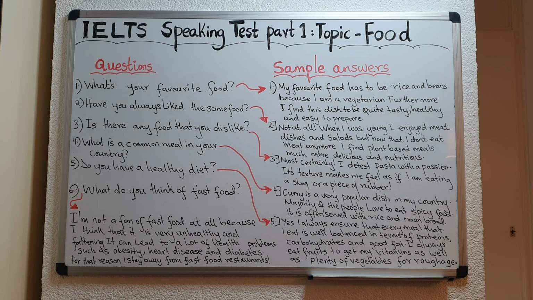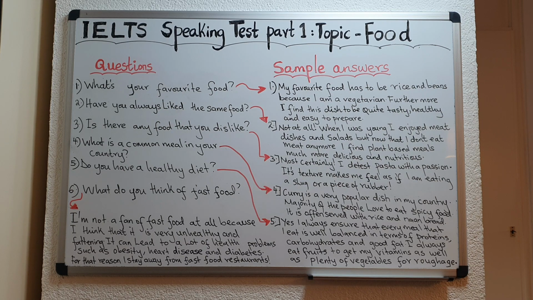Now, you notice that in that answer, I begin with not at all, and then I have an exclamation mark. Now, the reason for that is in English, or rather when you're doing your IELTS speaking test, you are also being tested for the use of intonation. Intonation is when you rise or you lower your voice to capture your emotions, to reflect your feelings, okay? So when the examiner asks, have you always liked the same food, and you say not at all, okay, then you need to raise your voice a little bit.